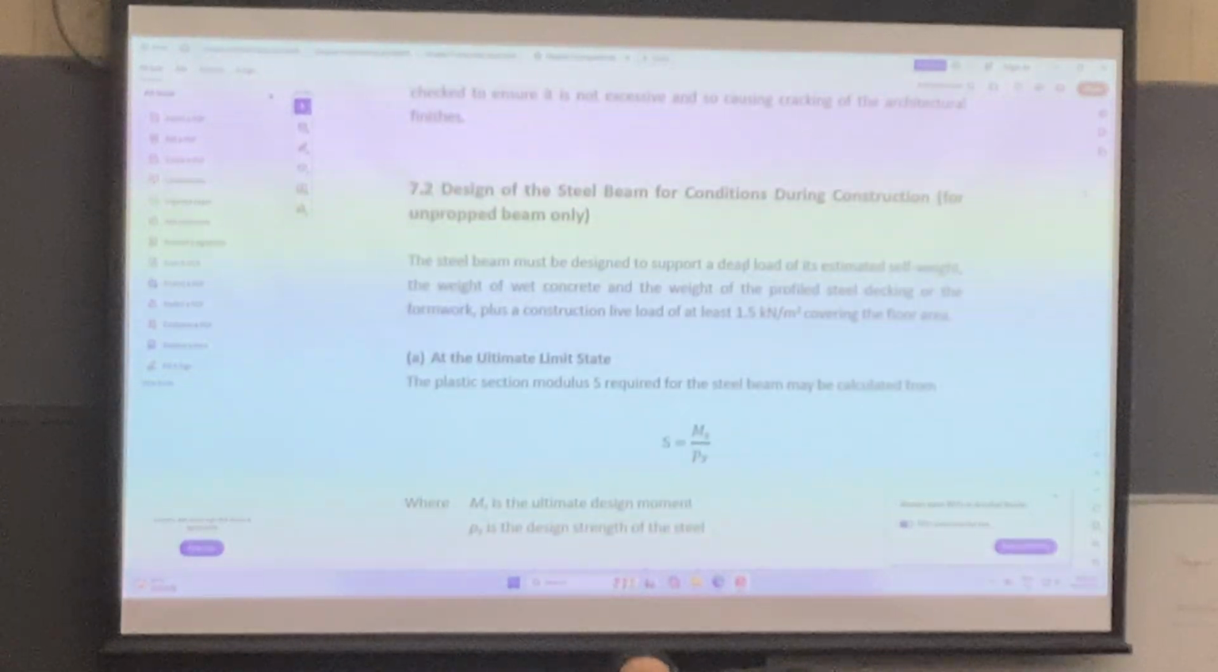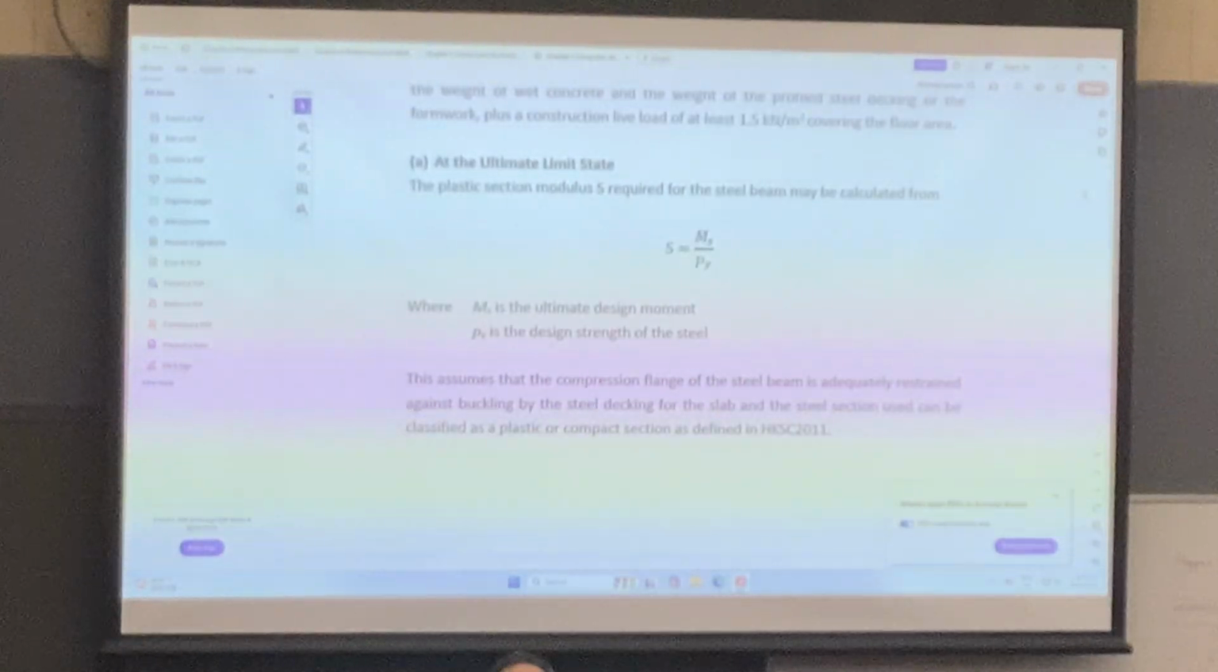Okay, then the first step: we can take a look at the steel beam when it is under construction. So we now have the unpropped construction. Right here, first of all, we will put the loading equal to at least 1.5 kN per meter square. Then the moment capacity, I think you still remember, is Py times S, which is equal to